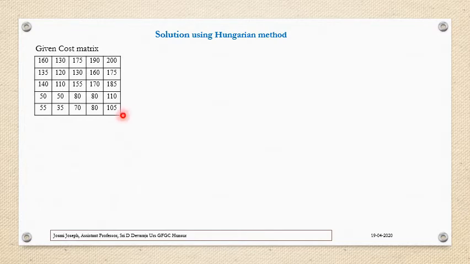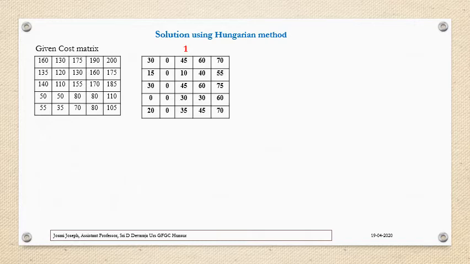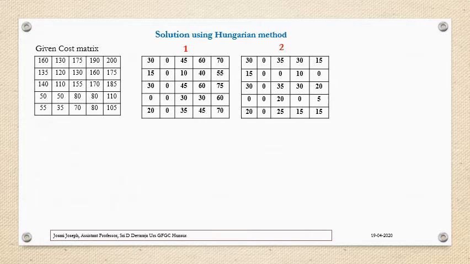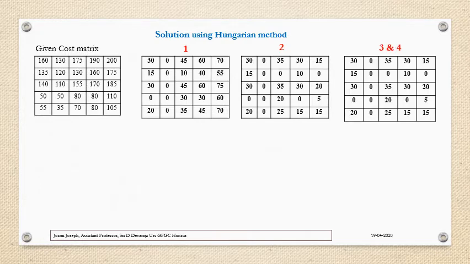By using the Hungarian method on the given cost matrix, we are finding the optimum assignment for the given problem. For step 1, the row reduced form is this one. In step 2, column reduction, we got a column reduced form like this. Now we are searching for the optimal assignment. Here, search through rows and columns and find exactly 1 zero. Here we have 1 zero, so make an assignment.